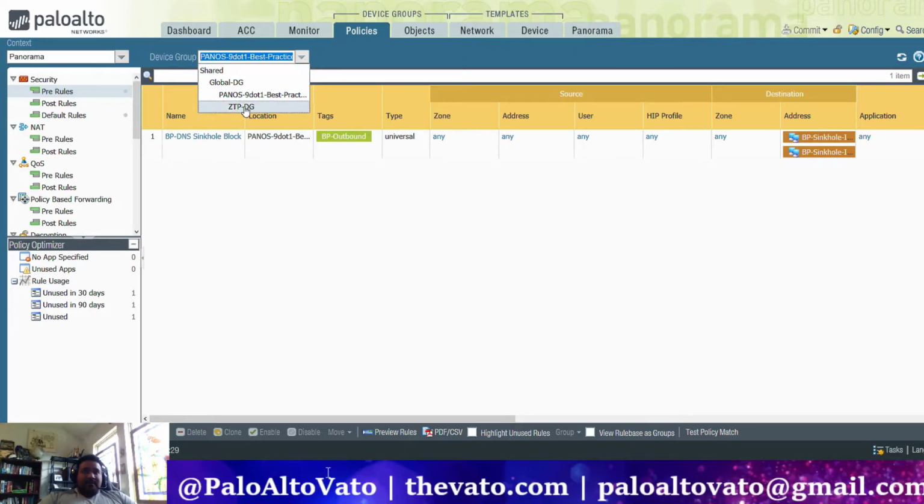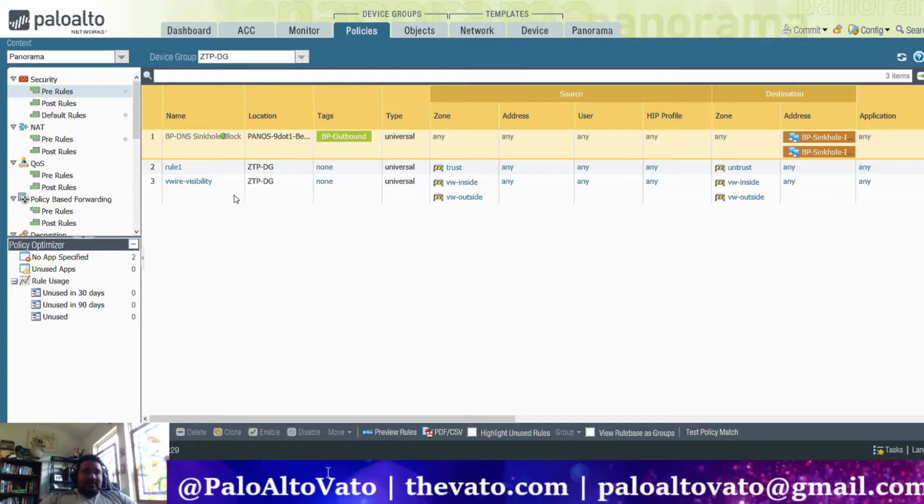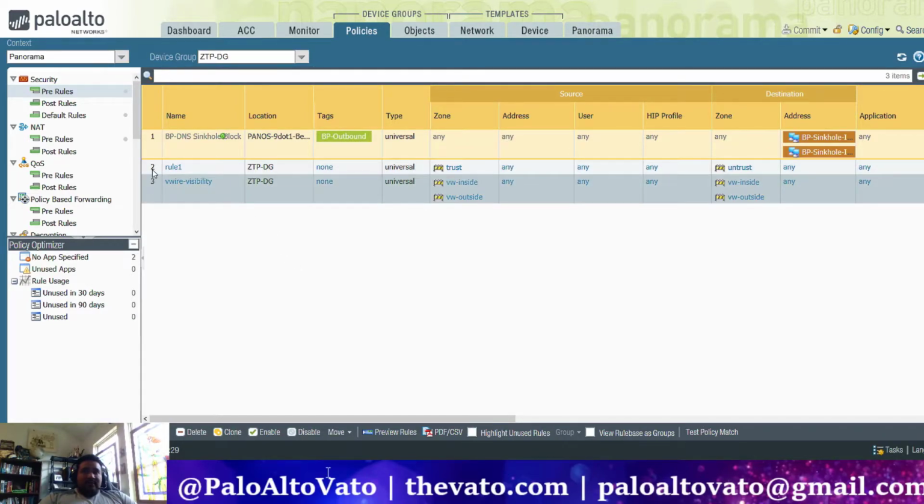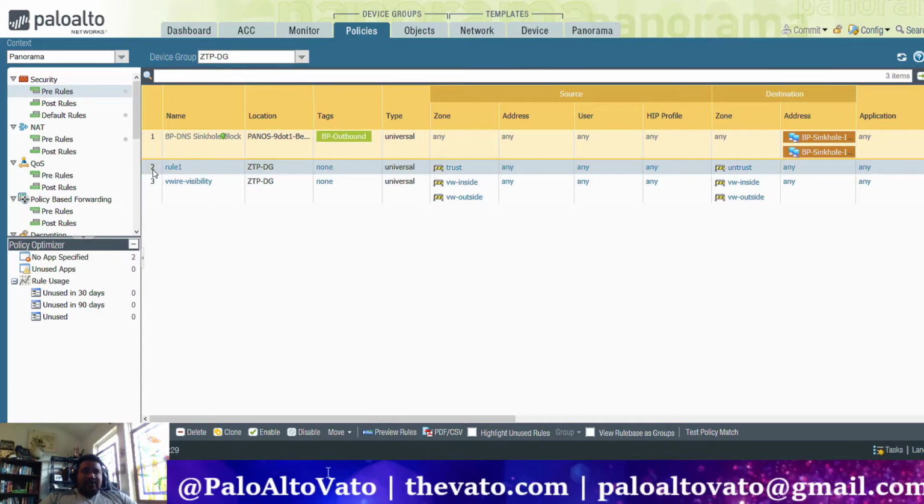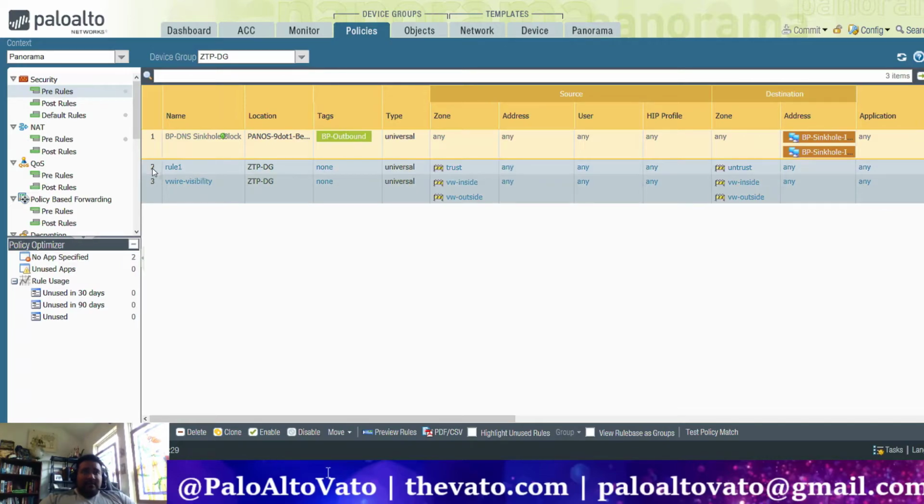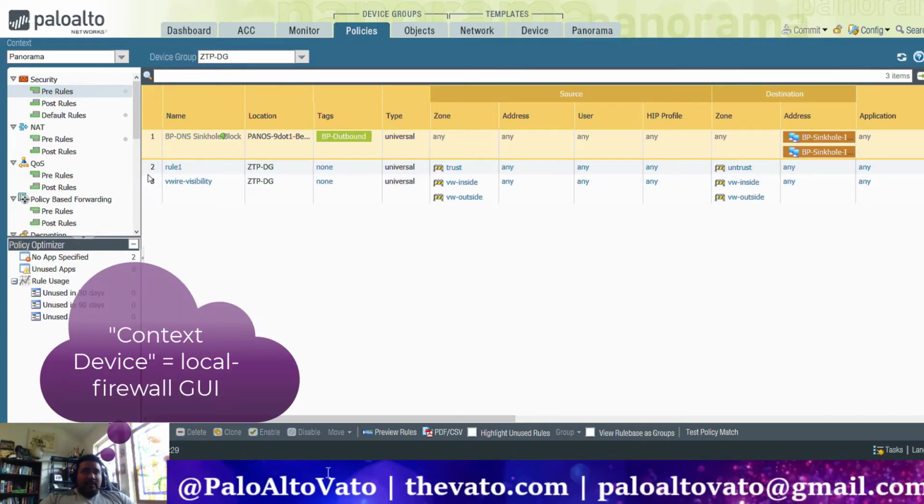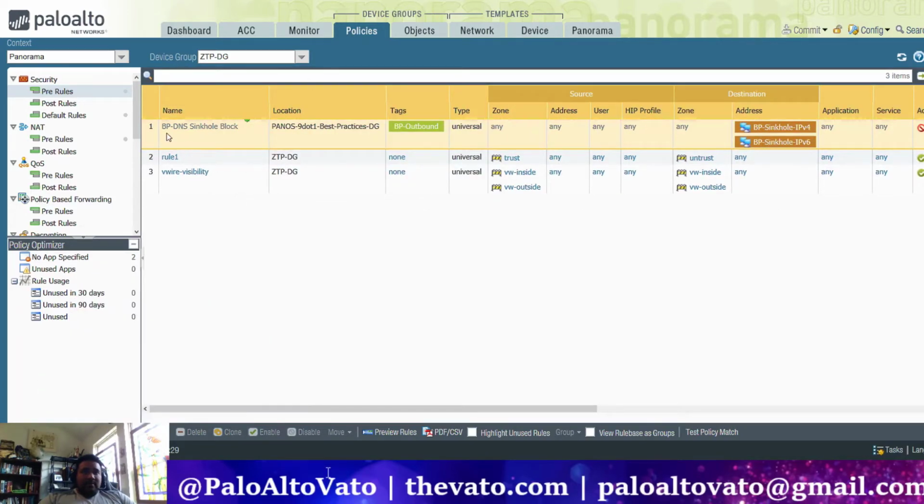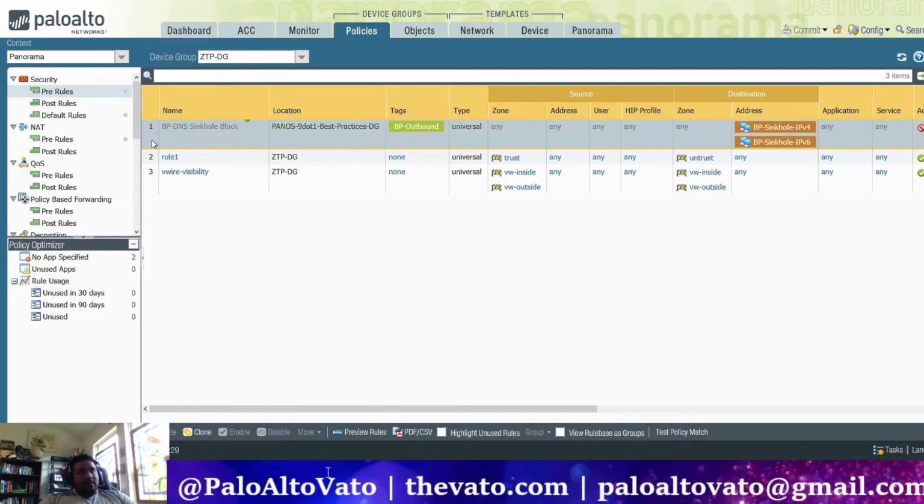practices, is there. And if we go down into the local config, so the ZTP, we can see where those other two rules came from. But it's kind of hard to identify where this configuration lives if you're in the context device. So that's one reason why I recommend naming your objects or security policies accordingly to the device group in which